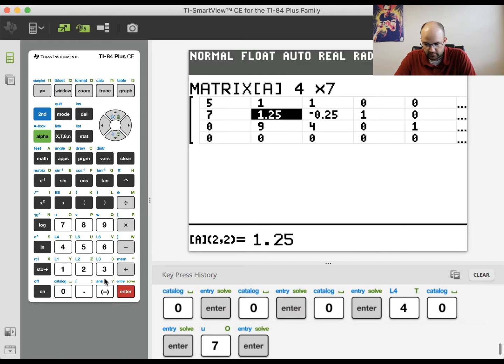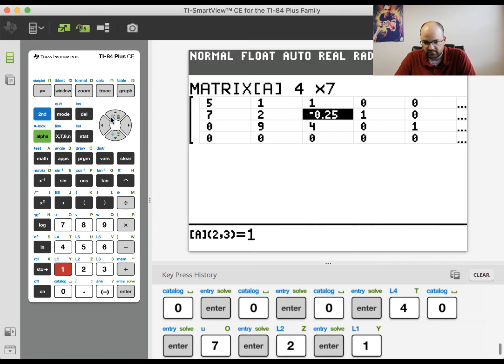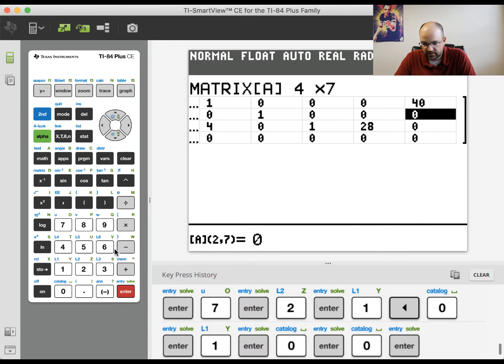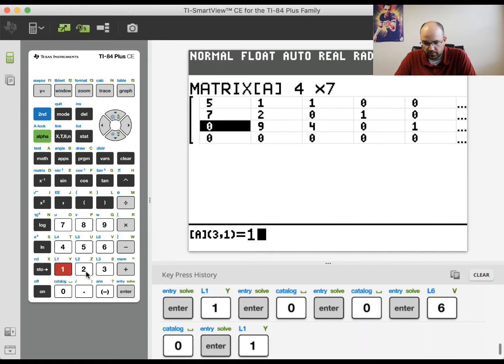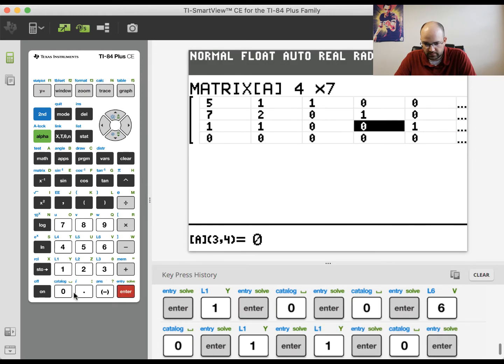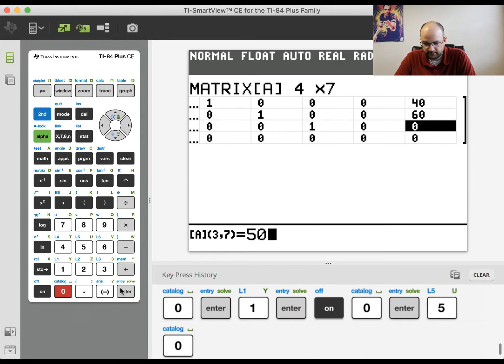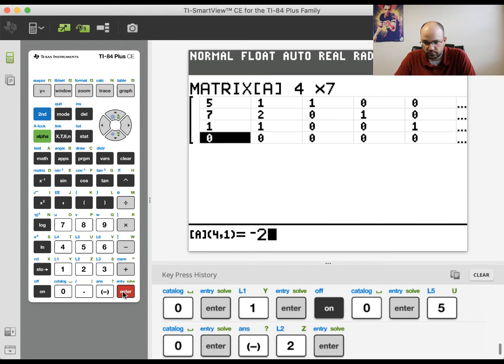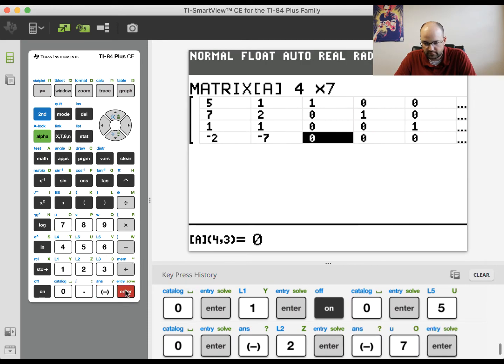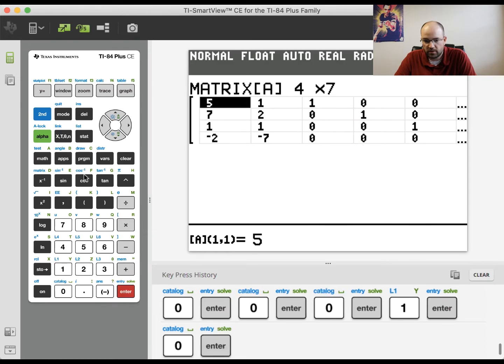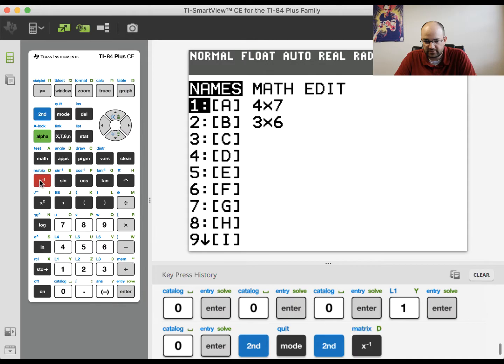Then 7, 2, 1, 0, 1, 0, 0, 60, 1, 1, 0, 0, 1, 0, 50, -2, -7, 0, 0, 0, 1, 0. Awesome. Quit to the home screen, and then let's go ahead and look at the matrix again, just